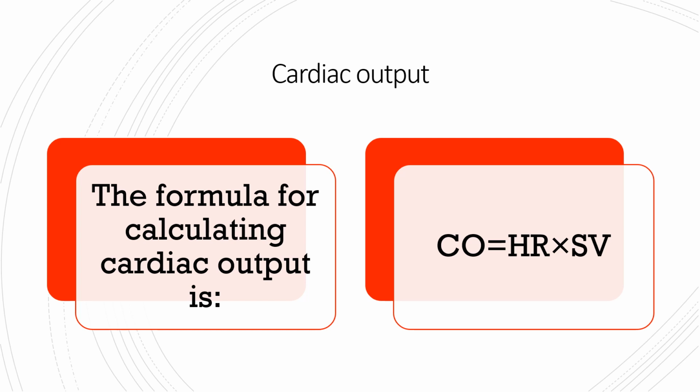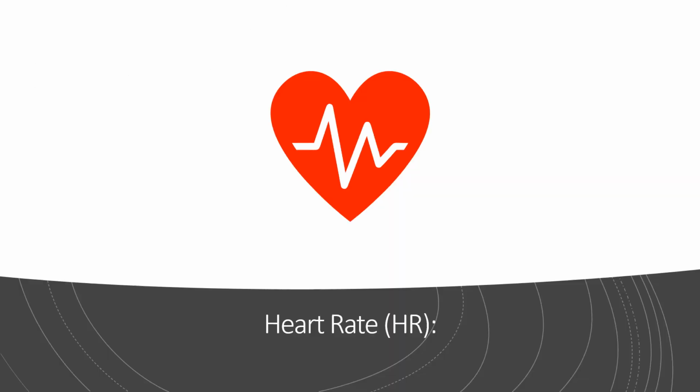Here is a breakdown of these components. So heart rate represents the number of times the heart contracts, so beats in 1 minute. It is influenced by various factors, including the body's demand for oxygen, activity level, stress, and the autonomic nervous system activity. Resting heart rate for adults typically ranges from 60 to 100 beats per minute, but it can vary based